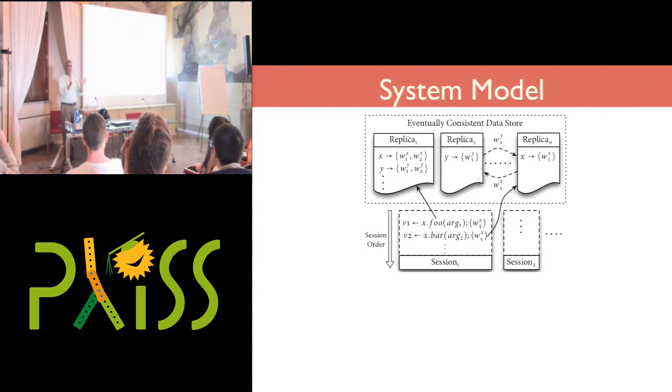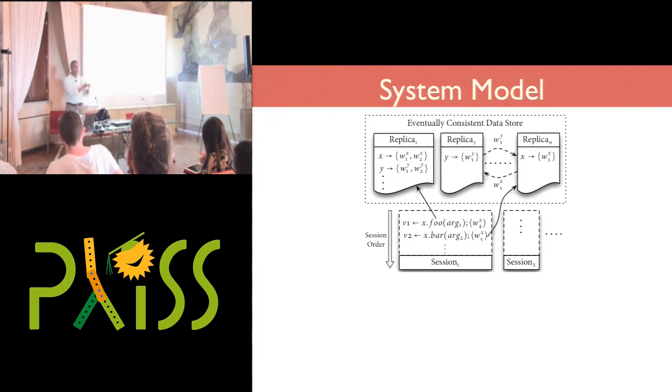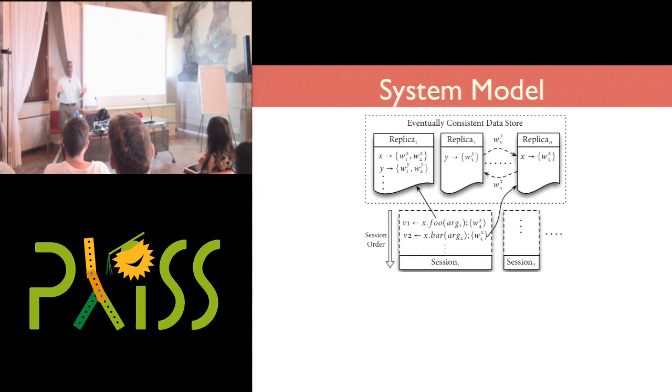So the model is very general. We have sessions, which are a series of operations. These operations get executed on replicas. Replicas store these operations, and every now and then they will execute these operations. They'll run these operations to produce something which is meaningful to the user, and then they'll return that. And in the background, these operations are going to get propagated from replica to replica in ways that we have no control over. We, the application developer, have no control over.